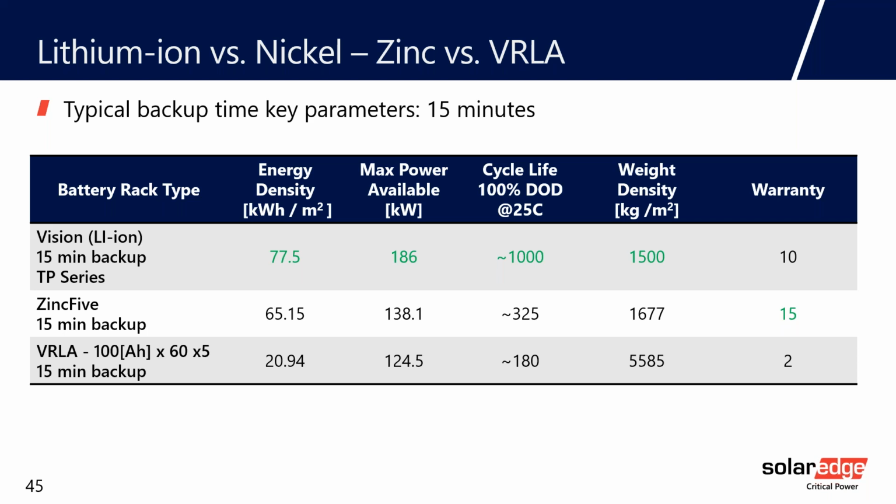Taking 15 minutes as the backup time comparison factor, we can see 3 different rack types. One rack type is the Vision Lithium TP series, 15 minutes backup. The second solution is Zinc 5, 15 minutes, and the VRLA we took here for comparison is 100 ampere hours, 60 batteries, 5 strings. Some of the parameters are normalized for easier comparison, like energy